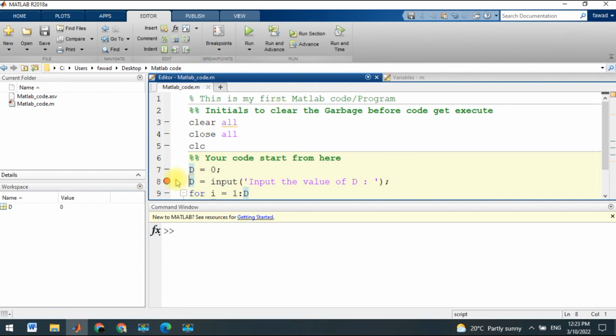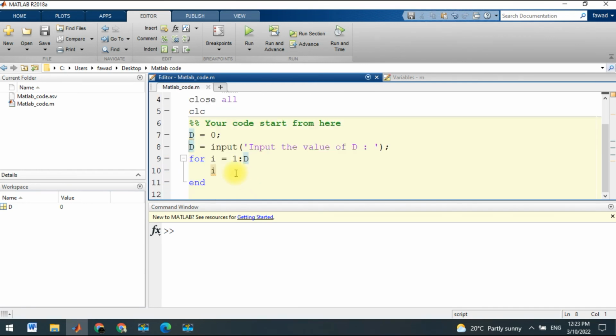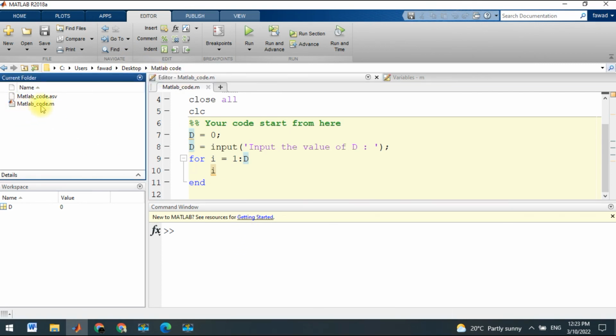Now I have to stop the debugging section, and I have to remove the bubble sign, and you can see that this code has been stored in this section, which is the current folder, and the name of this folder is Matlab code and present in the desktop. And when you execute any code, another file, the ASV file, will appear within the same folder, so you don't have to worry about it. It is automatically saved